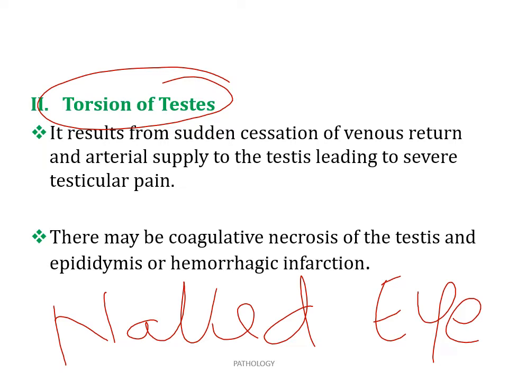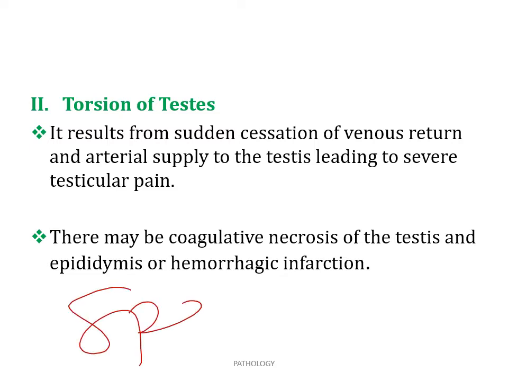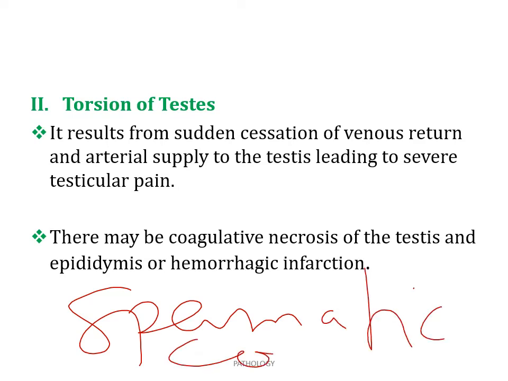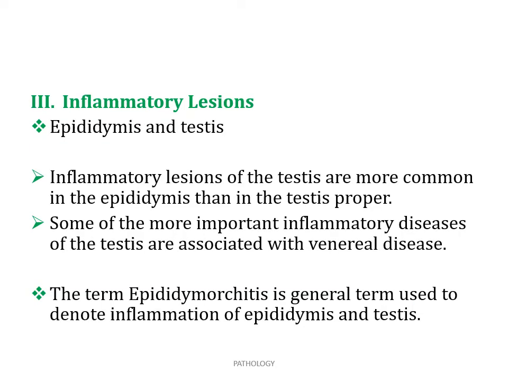So how can you visualize it with the naked eye? That means you have to go into the operating room, open the scrotum and visualize the twisted spermatic cord. If you see a twisted spermatic cord, that's when you confirm that this is testicular torsion. In a patient you suspect has testicular torsion, you better arrange surgical intervention as early as possible so that it will reduce the chance of testicular infertility. Because after 6 hours, when you subject the testis to ischemia, the testis will die.